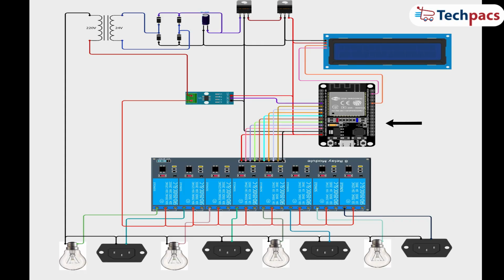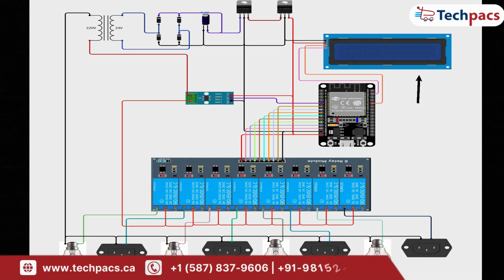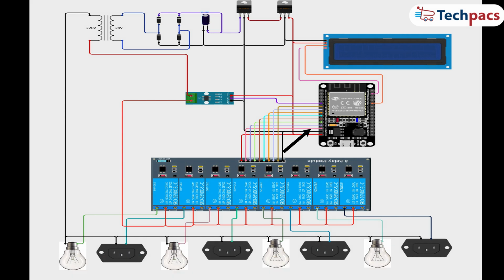ESP32 microcontroller. The ESP32 is the core of the system. It manages the communication with the relays, current sensor, and the 20x4 I2C LCD. The ESP32 is connected to the 8-channel relay module through its GPIO pins. Each GPIO pin is assigned to control one of the relays, which in turn controls the electrical devices, bulbs, and